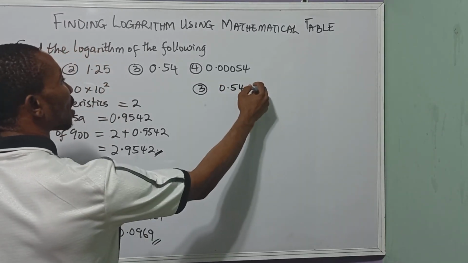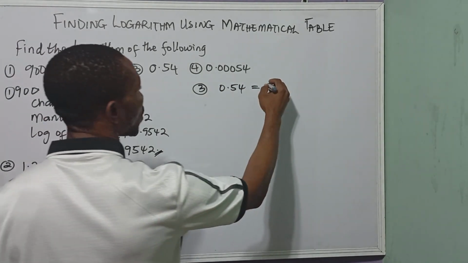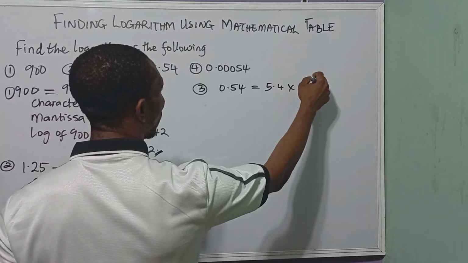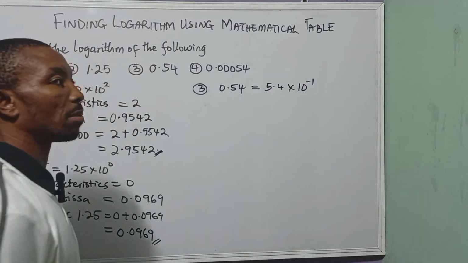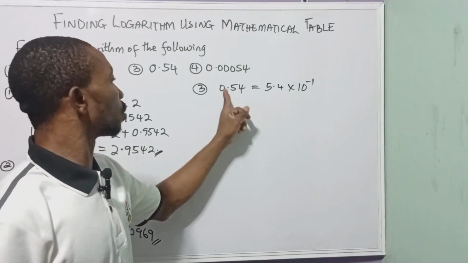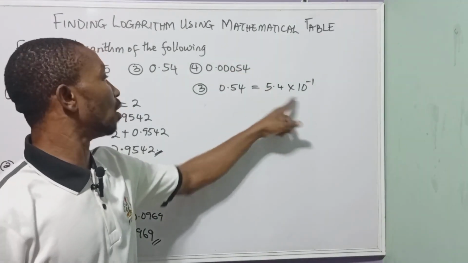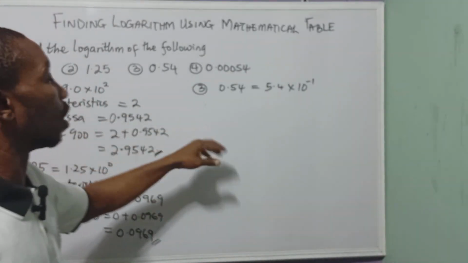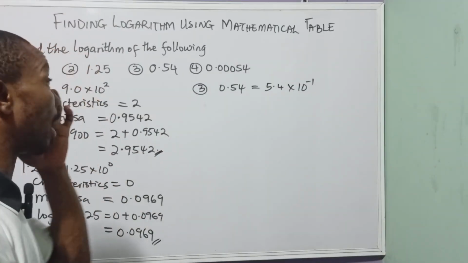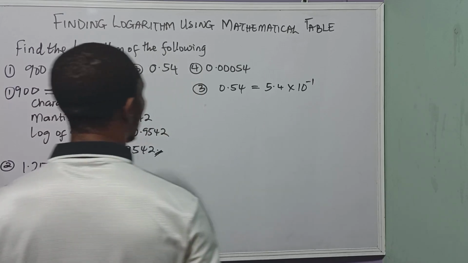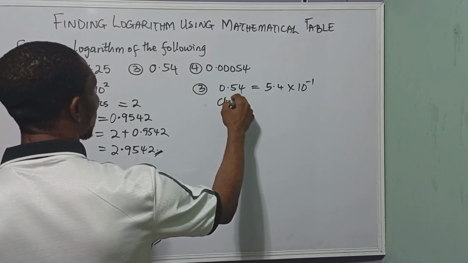Now putting this in standard form would give us 5.4 times 10 raised to the power minus 1. Now why is it minus 1? Now this is moving backwards. So since it's going backwards, it becomes minus. If it's going forward, it becomes positive. Okay? So now bearing in mind that this is our standard form, then our characteristic